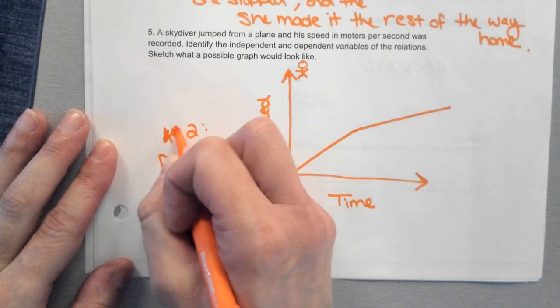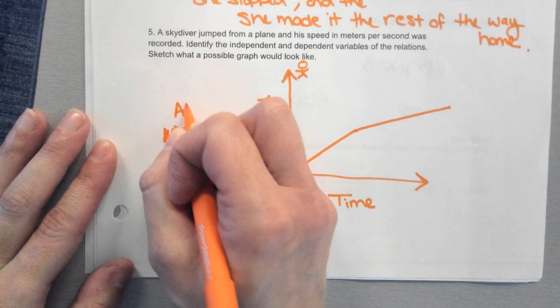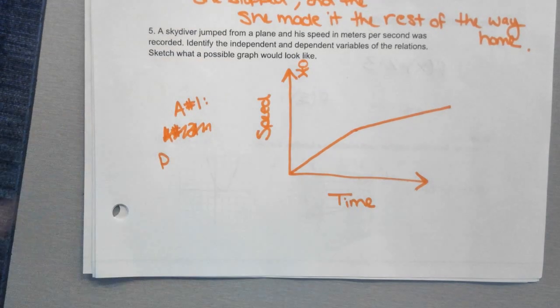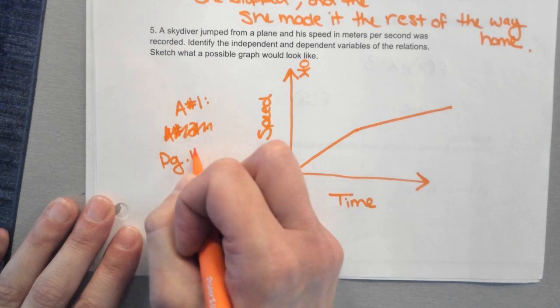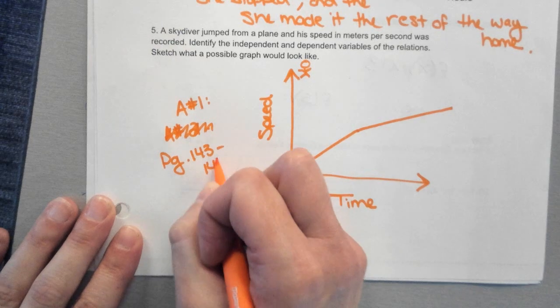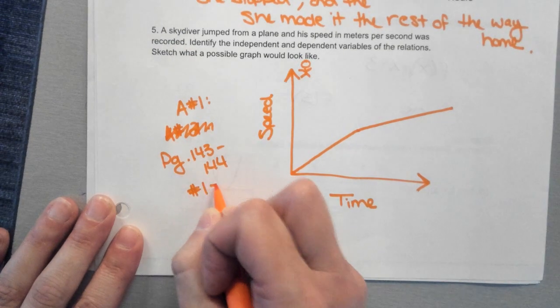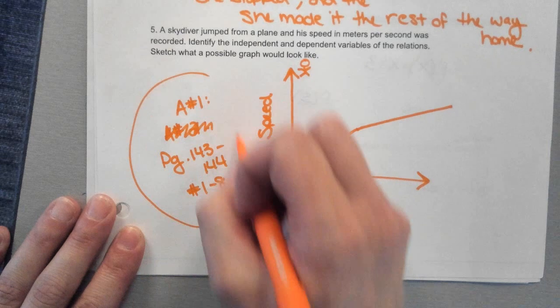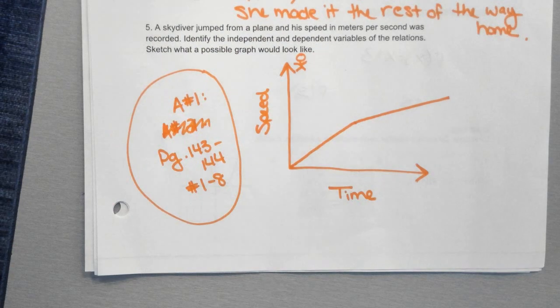Assignment number 1. Sorry, I already wrote stuff for Tuesday up there. I'm way ahead of the game. All right, page 143 to 144 today, numbers 1 through 8. Is that actually it? That's actually it. Really? Okay. Now some of them are going to have all the parts, like the ones you just